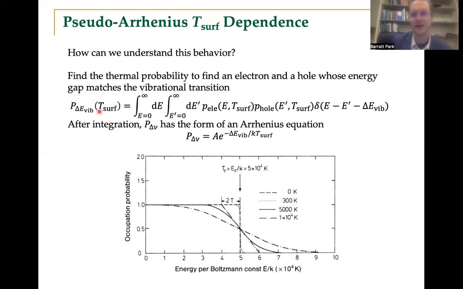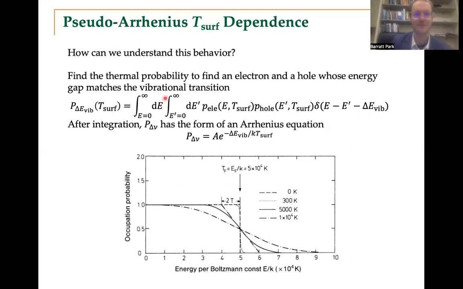This probability could be found by integrating over the energy of each electron, nested with an integral over the energy of each hole, which I'll call E prime. Then you take the probability of a state at each electron energy times the probability of having a vacant site at each energy. And then you multiply by a delta function that requires the difference in energy between E and E prime to match the vibrational energy. And if you do this,